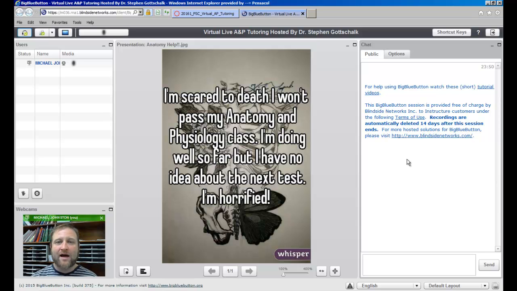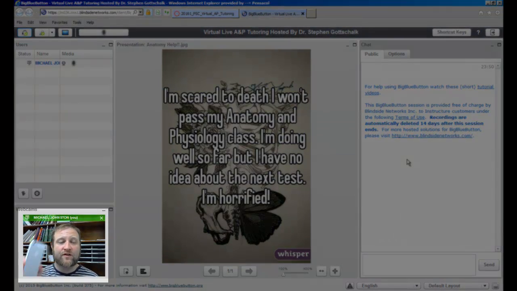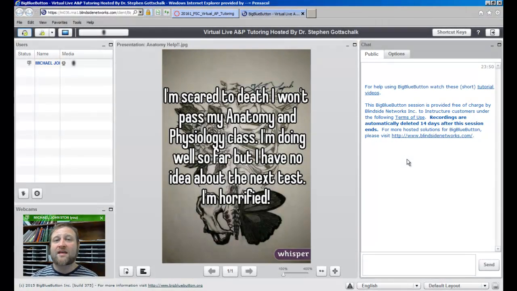So if you do not have a camera or a microphone, that's okay. That's plenty okay. I've been piloting this for 2 semesters now, and I've had plenty of students who log in using their iPad or using a tablet, and they don't have a microphone or camera handy. But these are all the different venues in which you can communicate with Dr. Gottschalk. If you have questions, you can send them to his email, or you can even take a picture with your cell phone and send that to his email. So there are many different venues in which you can communicate your questions with Dr. Gottschalk, whether they are virtual, or from Mastering A&P, or from a textbook. He'll be able to answer questions that you have in regards to how you are developing in this program.